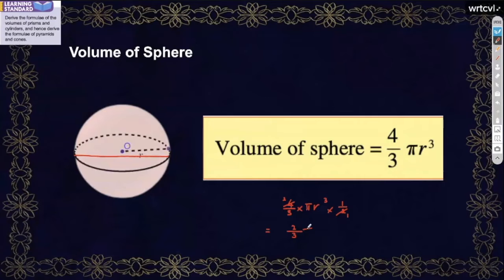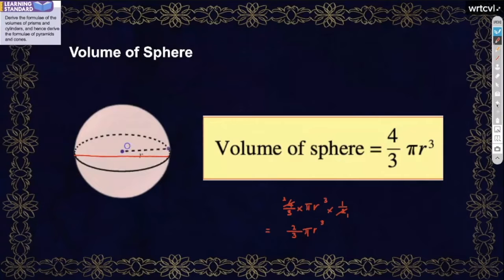Okay, pi r cube. If the formula list does not provide you the volume of hemisphere, you have to determine it in this way. Normally they just give this one here, they don't give the hemisphere. So it is half of it, so you multiply by 1/2. This is how you derive the formula to get the volume of hemisphere. All the formulas actually have a way to derive. It doesn't suddenly come from outer space. There must be a way to derive the formula.